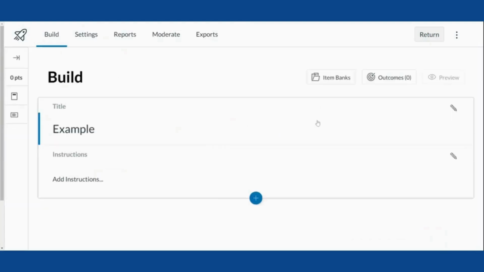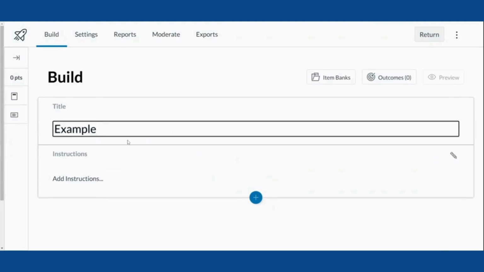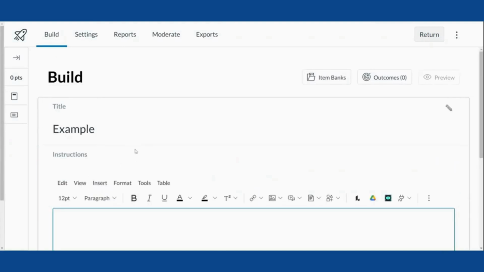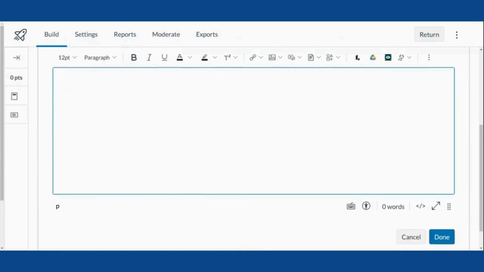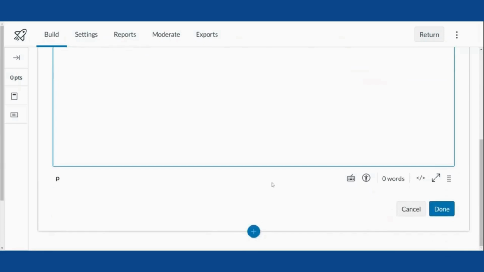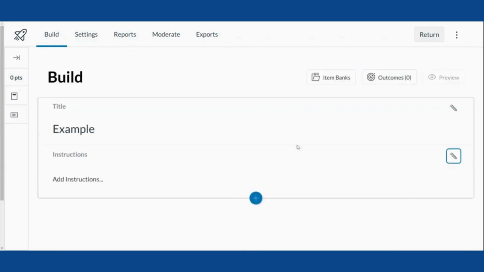All right. So from here, we add our title, example. We add any instructions that we want to, and this is a rich text editor. So from here, you can add in a Google Doc, you can add in a Lucid chart, you can add in links, you can add in files, anything that you need to, images. This is going to let you do all of those different things. So type those instructions if you need to. And when you are ready to add your first question, we're going to hit done,